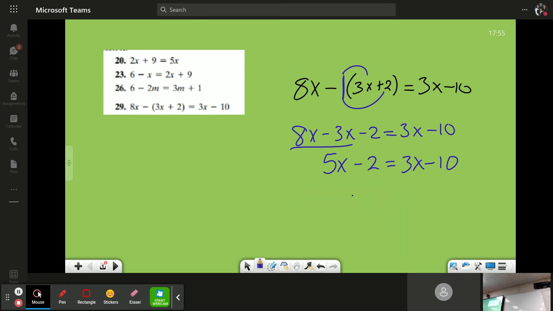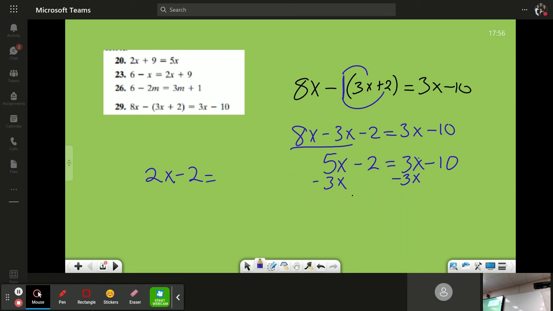What am I going to hit next? Still got some like terms, but they're no longer on the same side. Yeah, 5x and 3x. Got to put them together. I only want one x term up here so I can solve for that x. Since they're on different sides, that's a positive 3x, so I'm going to cancel it off there with a negative 3x, under my like terms. I'm not going to put it up under the 2. I can't put 2 and 3 together because they're not like terms. So that gives me 2x minus 2 equals,